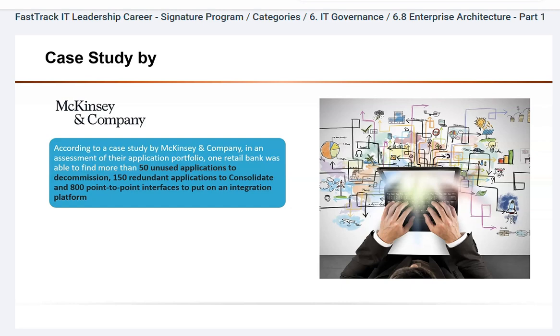So what it's showing here is, if it is not properly managed, if the IT team doesn't ask these questions and doesn't look at whatever details the business is asking, and if the IT team starts implementing everything the business asks, the company may end up with thousands of applications, and then they may have duplicated applications, and some of them may be at risk, some of them are unused totally. So now the question is, how can companies avoid this kind of situation? This is where we need enterprise architecture.